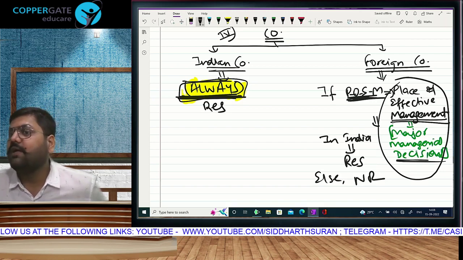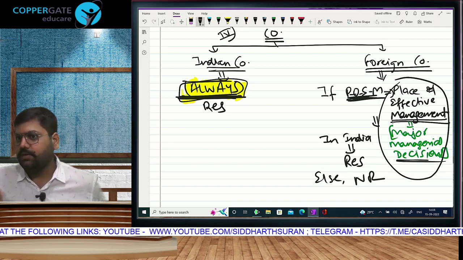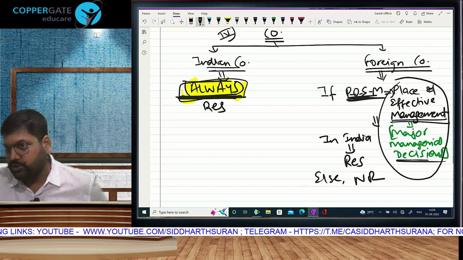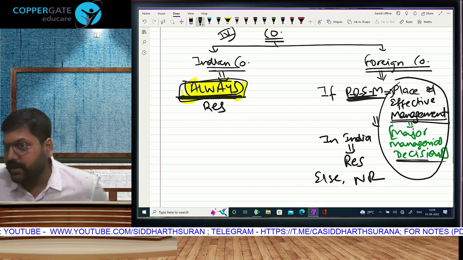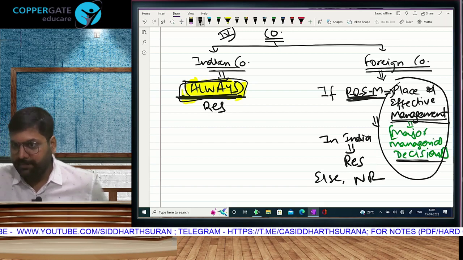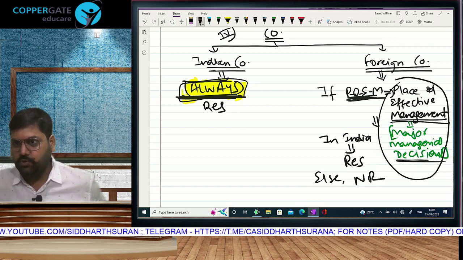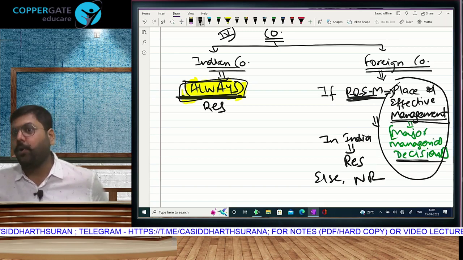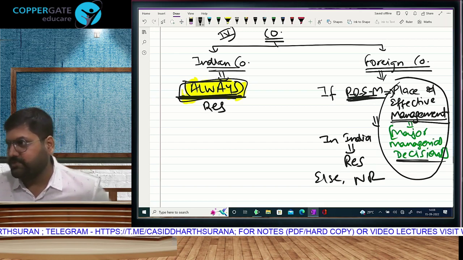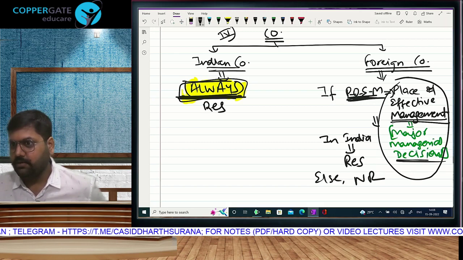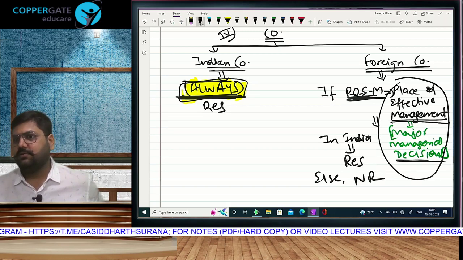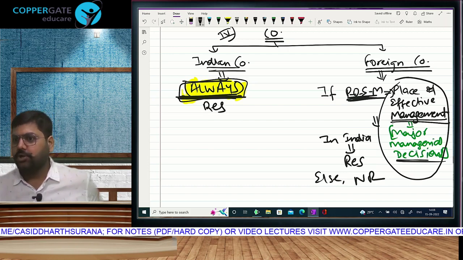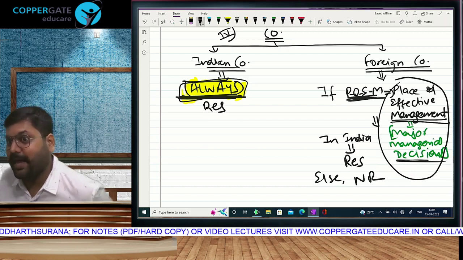As of now, they have not brought any circular which is targeting your online Zoom meetings. So when they say that a portion of your meetings have to take place in India for the purpose of applying POEM, the meeting has to be physically done in India. So in other words, as of now, there is a loophole in the law that you want to avoid POEM. If you do those many meetings in India, the POEM will get attracted. Avoid doing those meetings in India and do those meetings, aap batao, on Zoom. So that will make us escape the POEM wala circular,